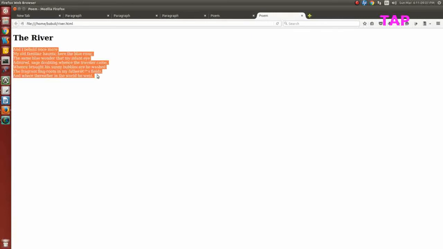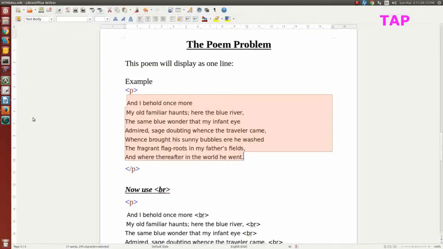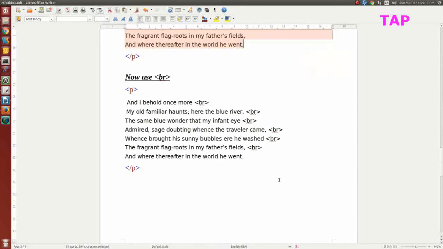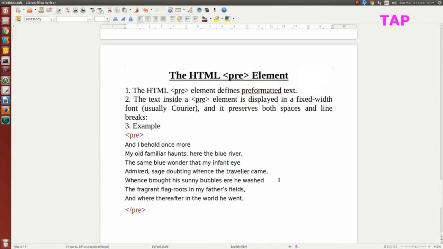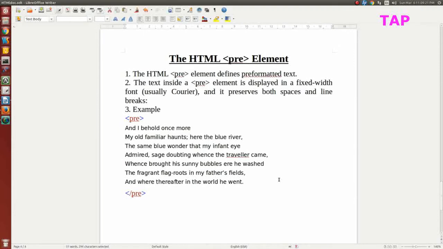Got it? So I think now the BR tag is clear for you. The last tag of this tutorial we will see is the pre tag. I already told you, if you are using the pre tag, no need to use any BR tag, because the pre tag preserves both spaces and line breaks, and it uses the Courier font.